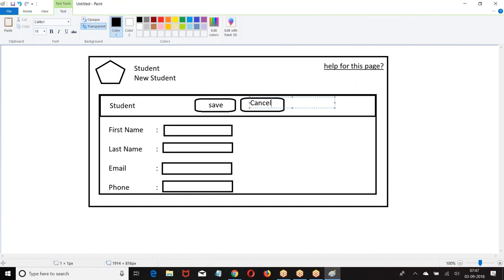So what we have? First section header, then form, then page block. In the page block we have page block buttons. Then we have page block section. In the page block section, page block section item. In the section item we have output label, input text. One more page block section item, output label, input text. Right? So start creating this form.